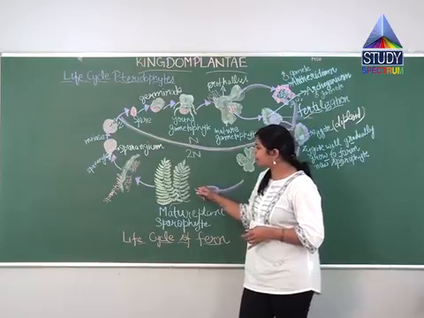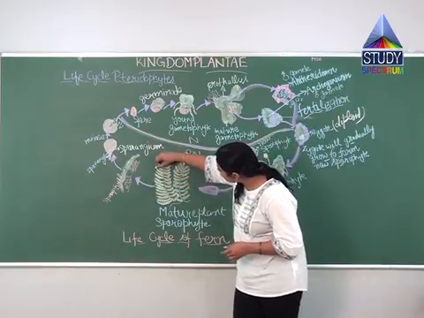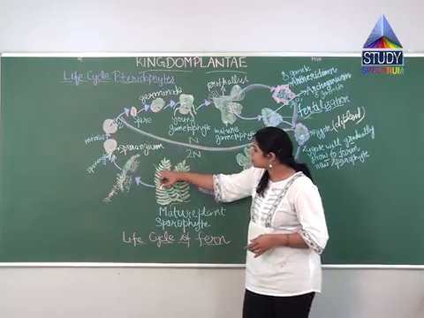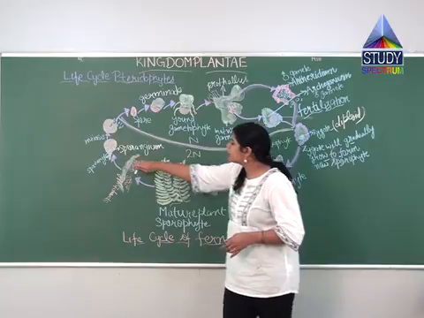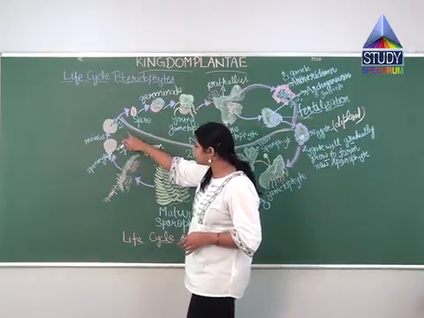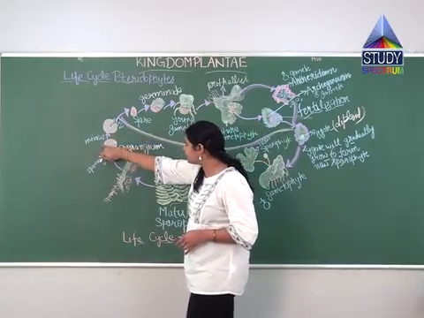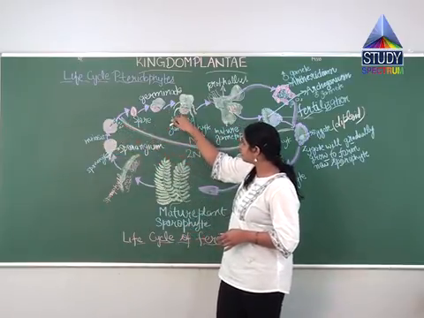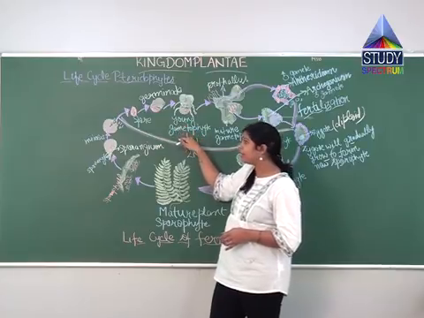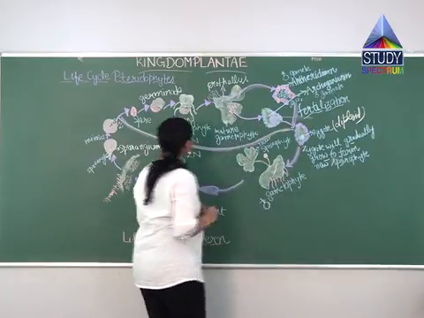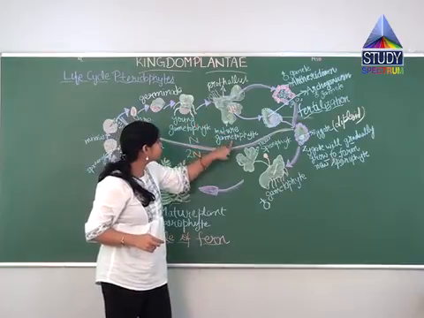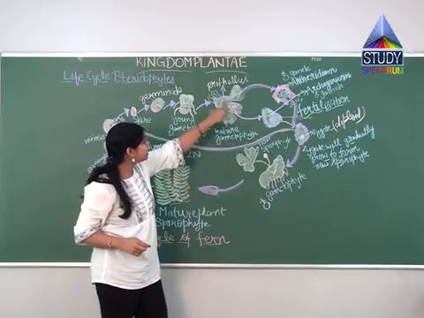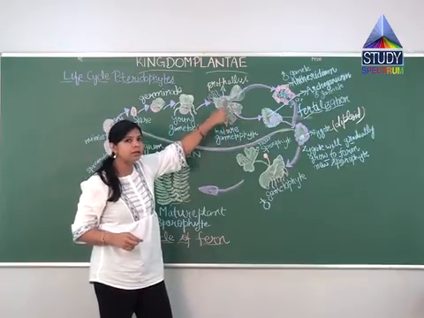So in the mature sporophyte, something like this is a sporophyll. In pteridophytes, what do we call the leaves? They are sporophylls. These sporophylls contain the sporangium. Meiosis occurs in the sporangium, that is a reduction division, and from that spores will be released. This spore will germinate and form the young gametophyte, and again after some time this will grow and form the mature gametophyte. This stage is also termed the prothallus because we cannot see any differentiation of shoot, stem or